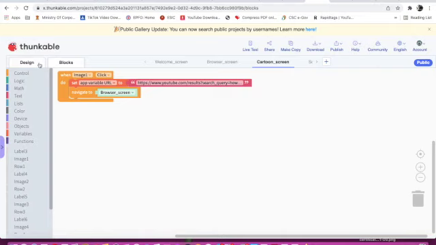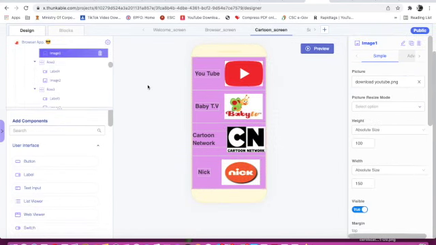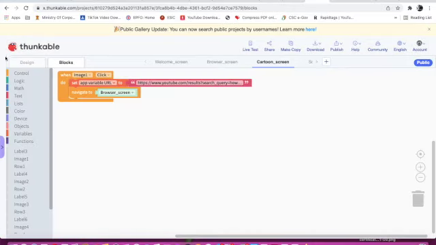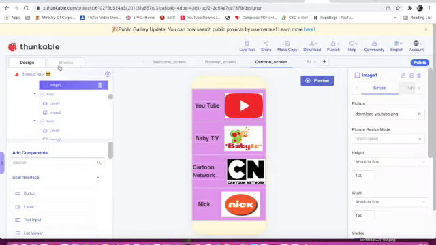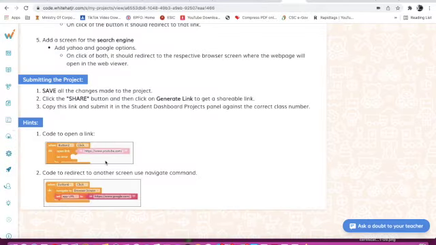So here, when image 1 is clicked, image 1 is the YouTube one. So when image 1 is clicked, set the app variable URL to the YouTube URL I have copied. Navigate to browser screen. I can give the URL like this also, in this way also, and in this way also,